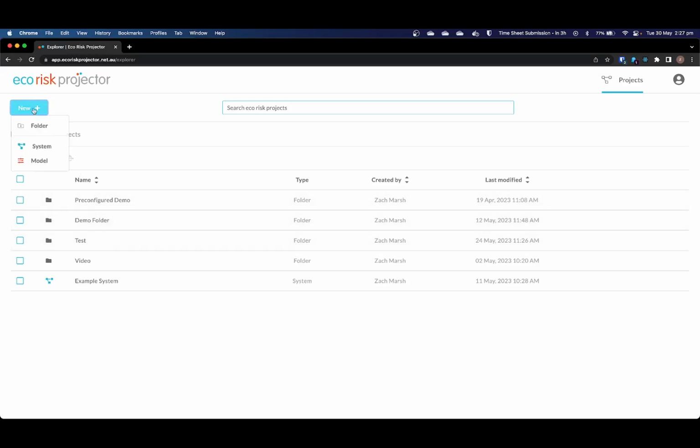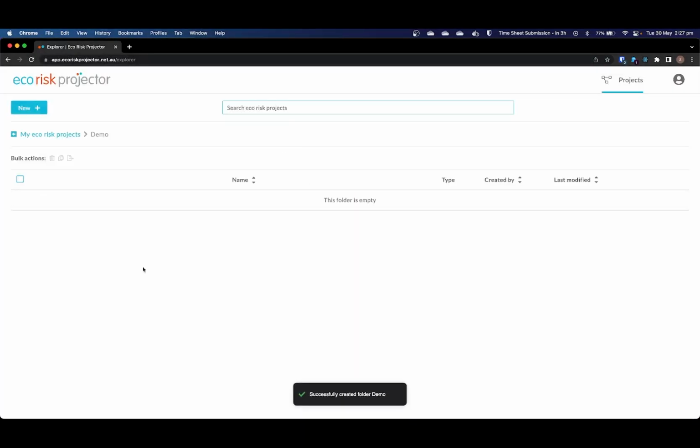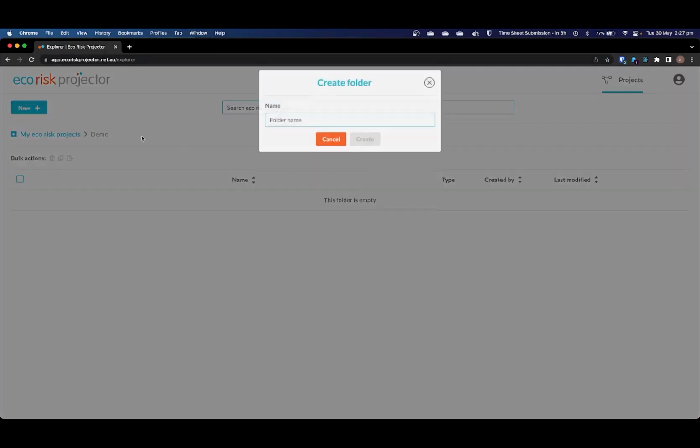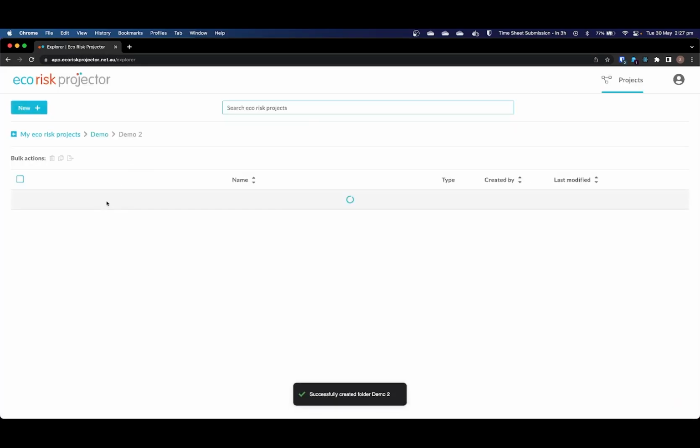Now, in order to create a new folder, you simply hit this new button, and then you want a folder. If we create a demo folder, now this folder will come up in the root of the file system. We can navigate in. If we want to create another folder in here, we can create it in here, and now we have a second folder. And you can see how you can create any sort of folder structure required in order to nicely store your